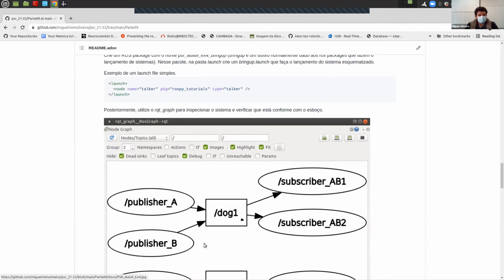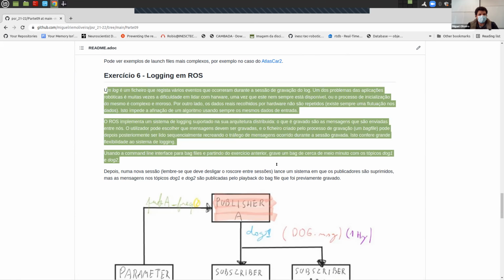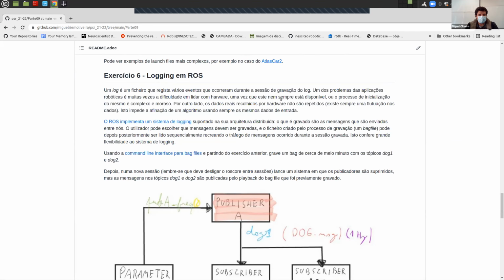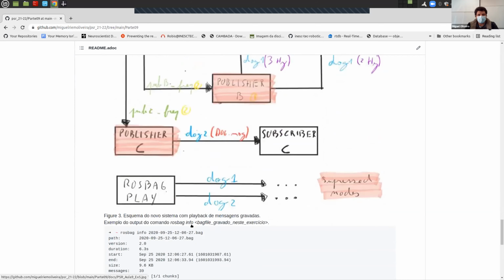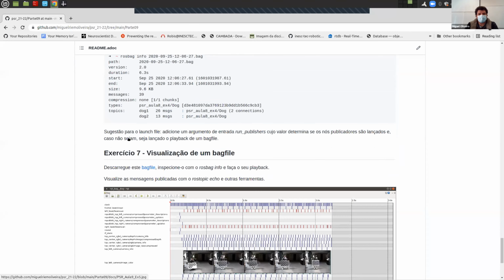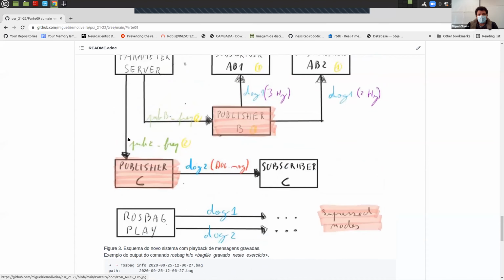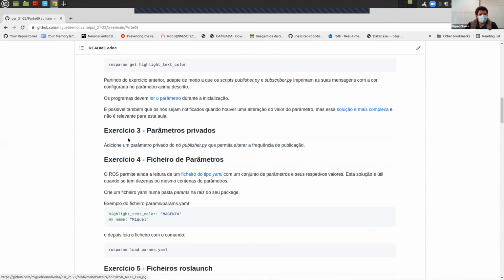Then we saved some of the messages that were being published using the rosbag record command. And we replaced the publishers, which are here highlighted in red, by the playback of a bag file, a pre-recorded bag file. So we did all these examples, which brings me to the starting point, which is